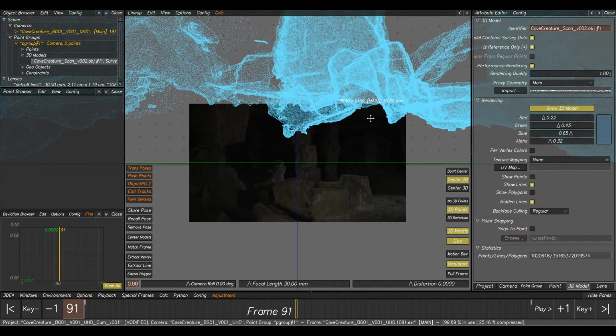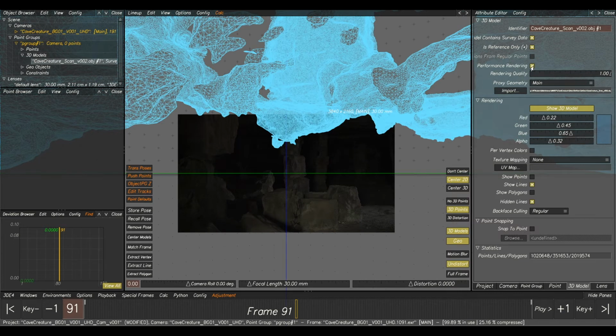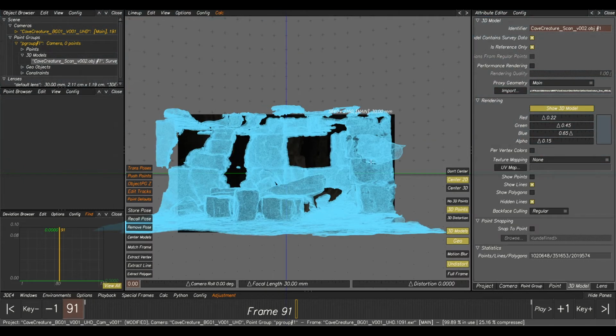And you notice that when we move, it only shows the points because it's got performance rendering on. So if we turn that off, it can get quite annoying. And if we reduce our alpha, so it's a little bit more opaque. So what we can do, we can click here, center models, and it'll push the camera away from the model. So now what we want to do, if we reduce our alpha even more